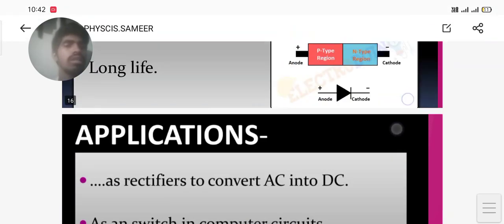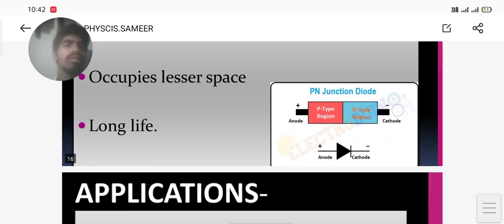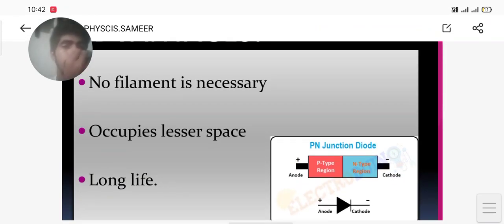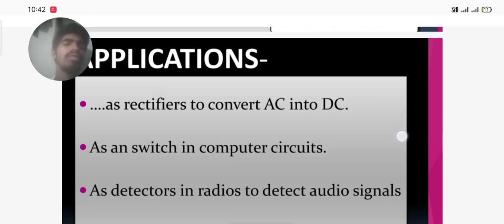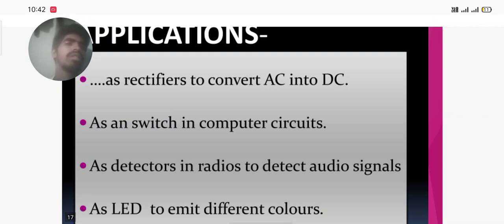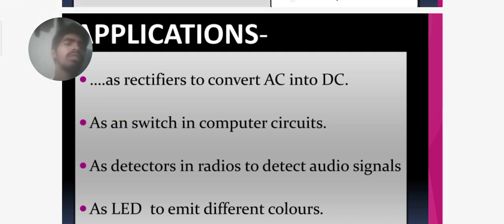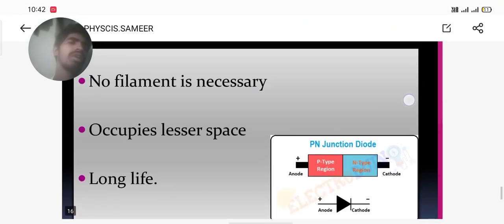I can read here as first thing, no filament is required, occupies less space and long life, as rectifiers to convert AC into DC, as a switch in computer circuits, as detectors in radios to detect the audio signals, as LED to emit the different colors. So in most of the exams also they are asking about PN junction diodes and their diagrams and questions also. So we have to focus on the